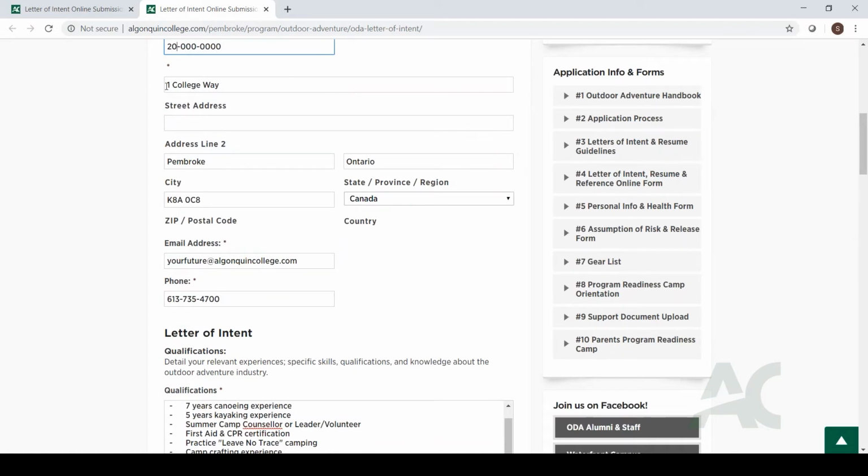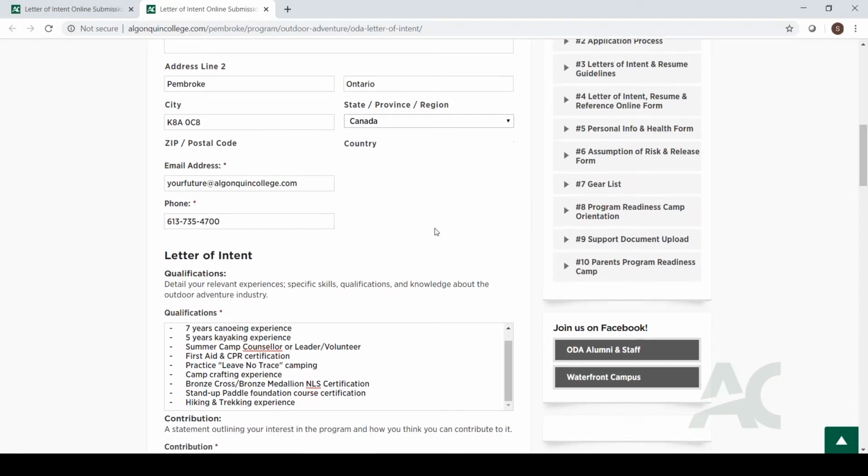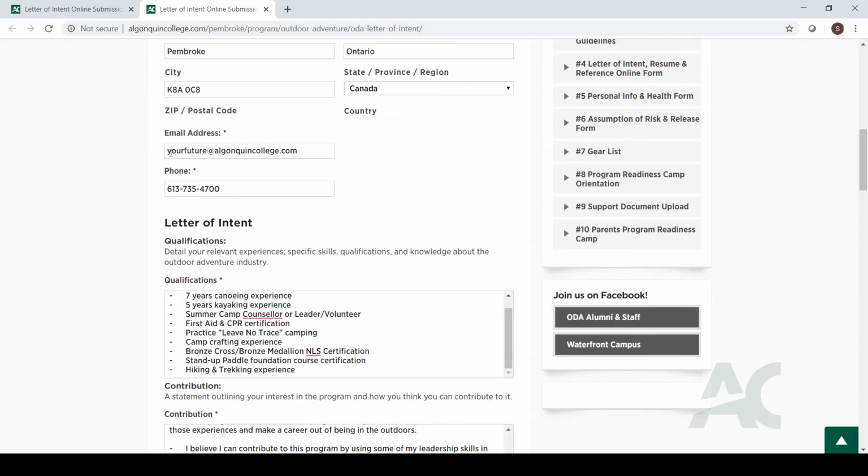The next section is to include your address information. So I've included the information for the Pembroke campus, 1 College Way in Pembroke, Ontario, K8A0C8 as the postal code, and obviously we're in Canada. Now I have included our recruitment email address as the email address for this form, which is yourfuture@algonquincollege.com, as well as for the phone number, I have put in the college's main line,